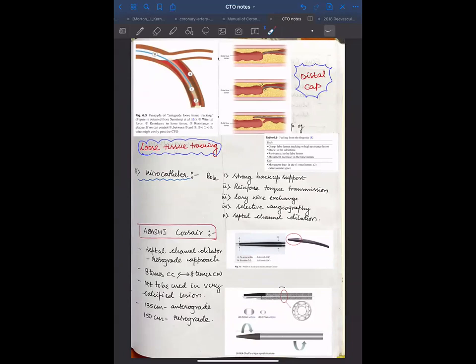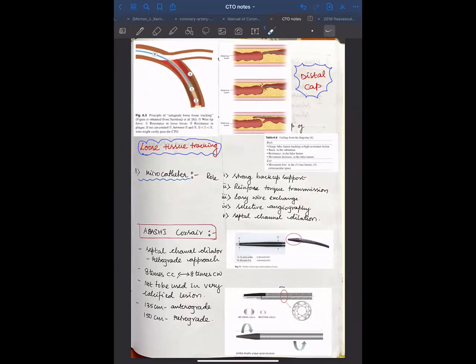So after dealing with the guide wires, we come to the next important topic with CTO, which is microcatheter. So what is the role of microcatheter? Microcatheters are very strong backup support. They reinforce torque transmission because they transmit it all the way up there, and easy wire exchange is facilitated because,